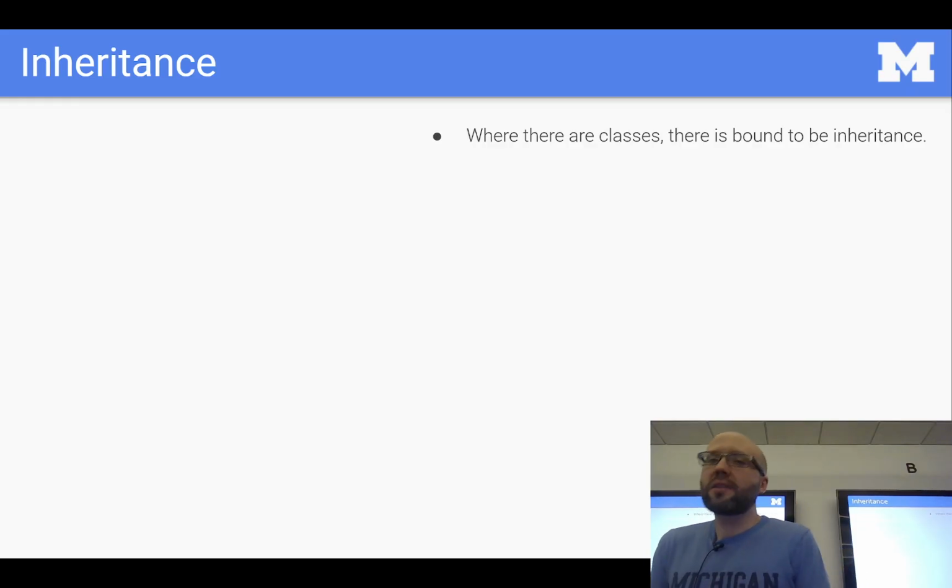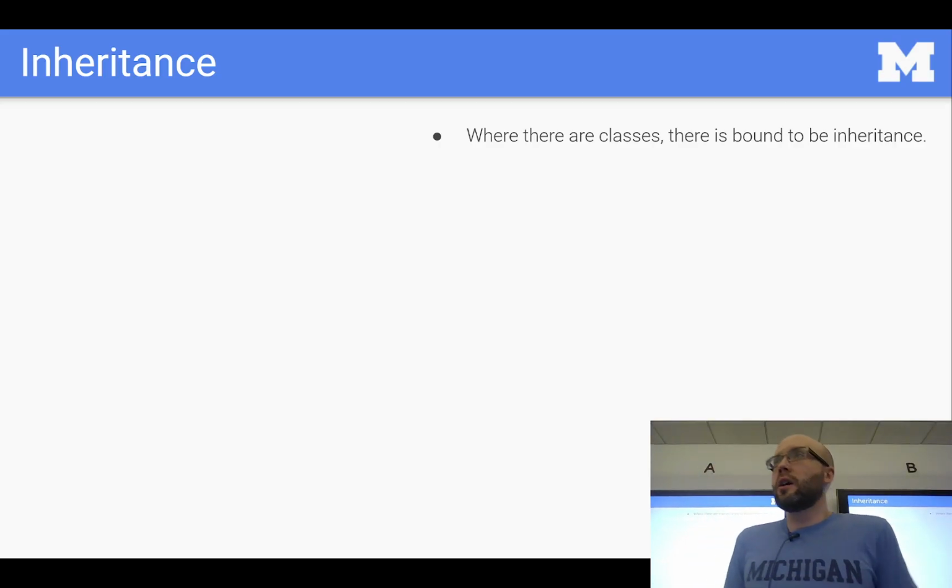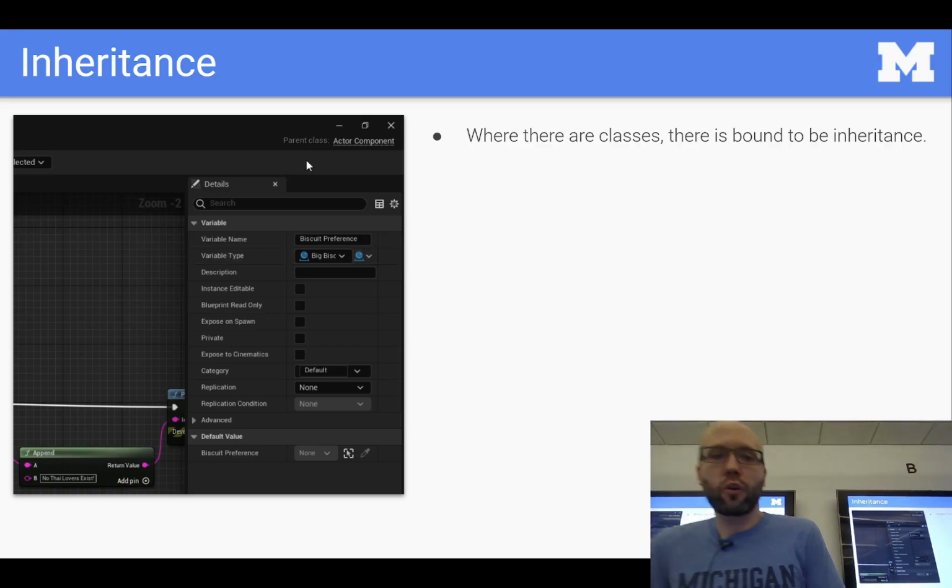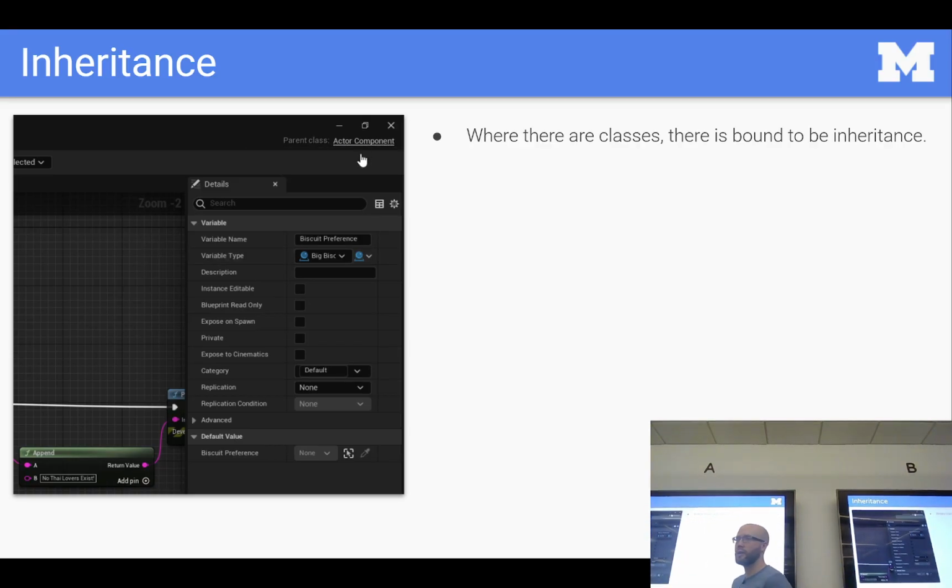Where you have classes, you're also going to have methods of reuse, okay? Code reuse, data reuse, all that good stuff. So you're going to have things like inheritance, okay? And we used this the other day to set up our affordance selection architecture. If you open up any sort of blueprint, you are opening a class, and if you look in the top